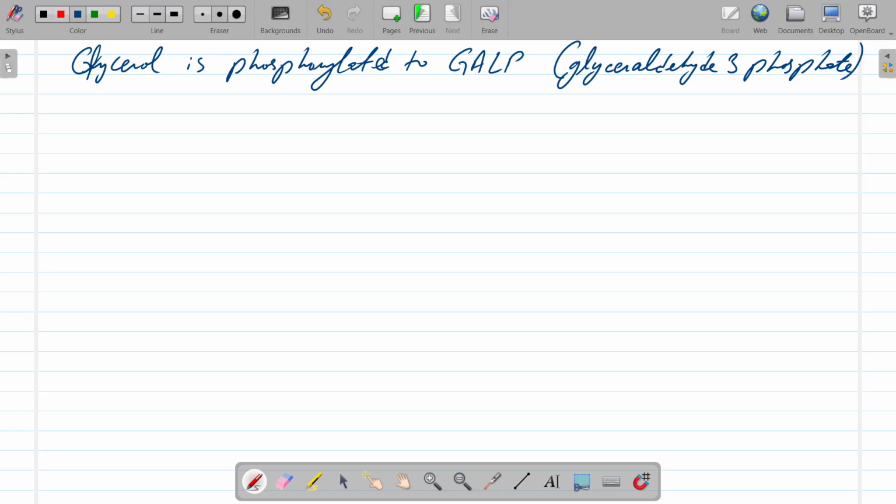But GALP is one of them, and that's what's given in the syllabus. And this GALP enters glycolysis, so the very first step of respiration. So that is used. And just to tell you where it makes an entry, if we just skim back a bit further,